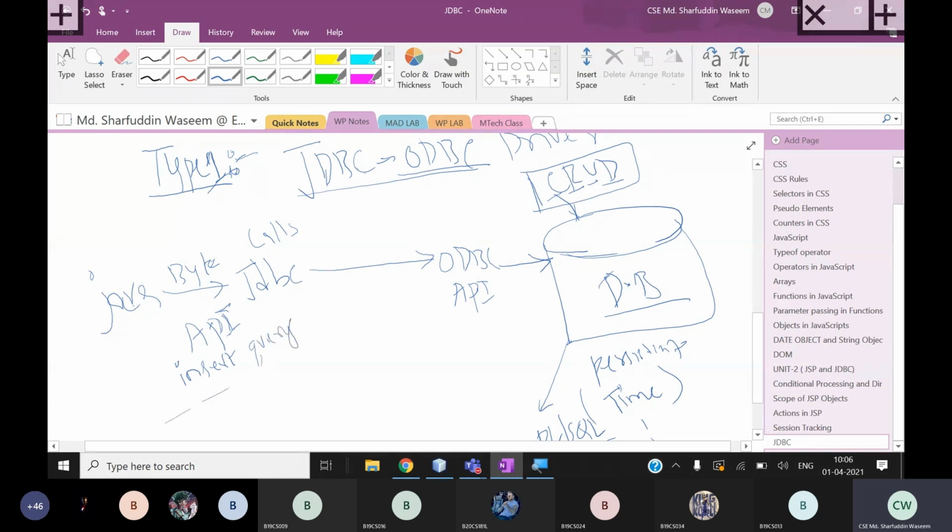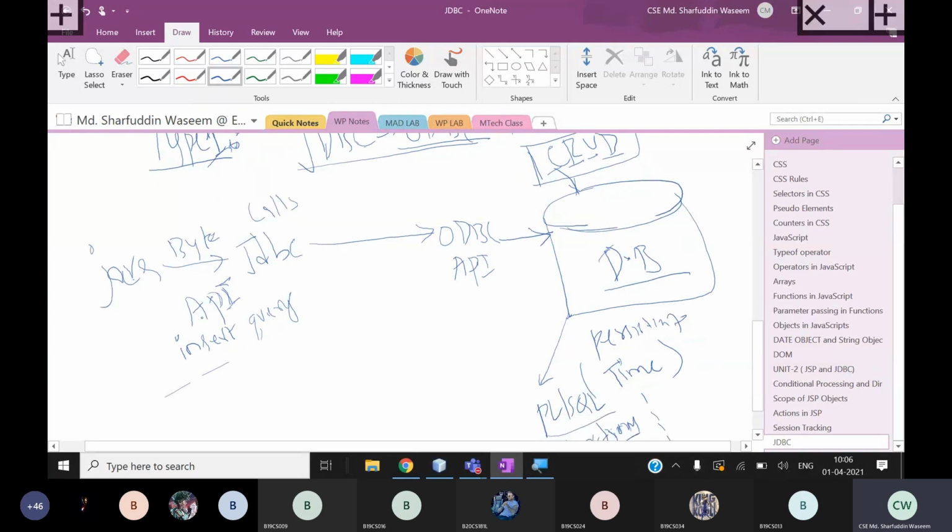You want to insert the data, then we need to call an API in Java, and that API call will get translated into ODBC. ODBC is in a native programming language like C or C++ and so on, and every call needs to be translated into this particular API call. So there is an insert query, and that insert query actually needs to be translated